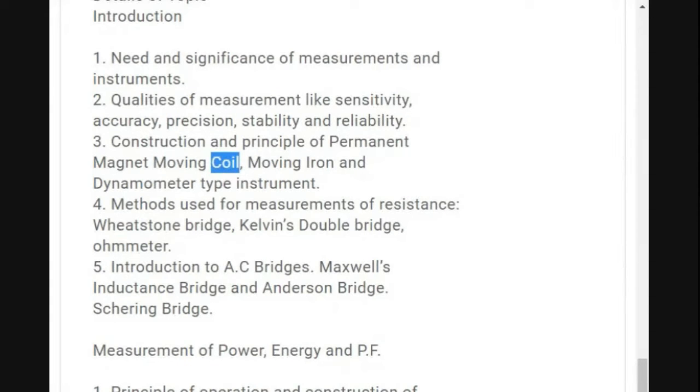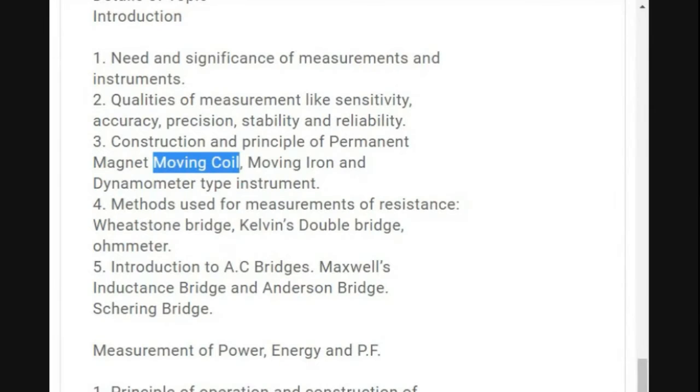Okay, so the calibrated scale and pointer play an important role. Now if we talk about the permanent magnet and its limitations, then we require both qualities. So like we have moving iron. Okay, now as we see, there is a moving coil and permanent magnet. These are the elements, and according to that we have the classification of measuring instruments.